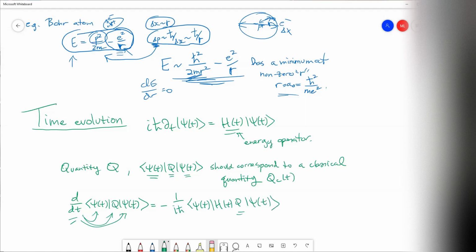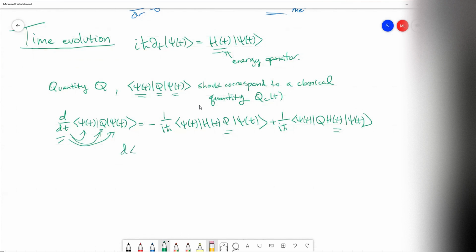We're going to assume that the operator is time independent, so the derivative hitting this thing just gives you 0, and then you get i h bar psi of t Q. And now the derivative hits the last ket, and you just pull out an H, and so you get